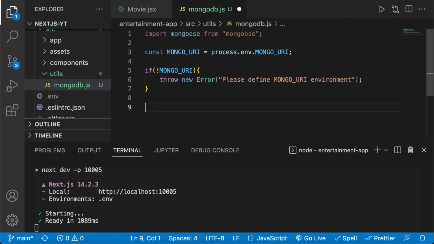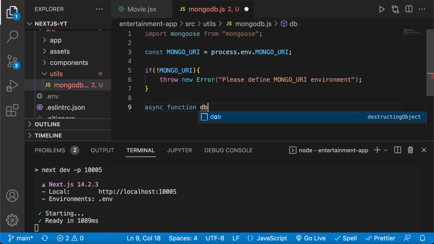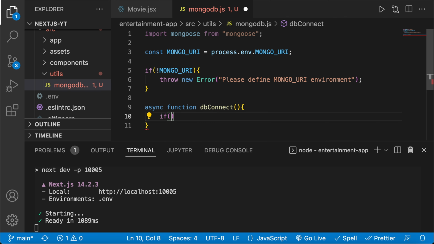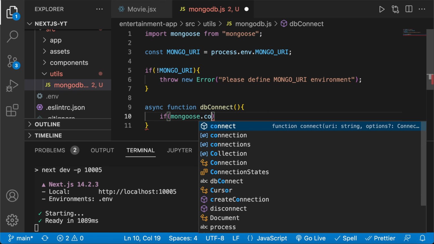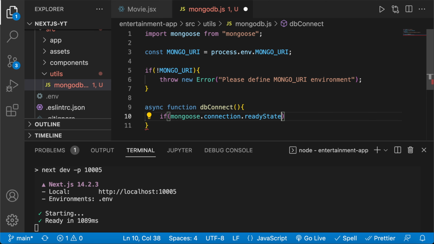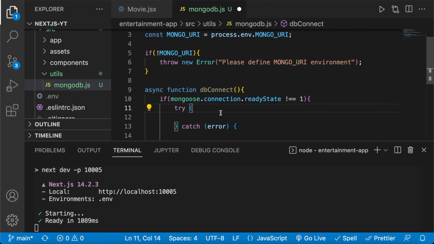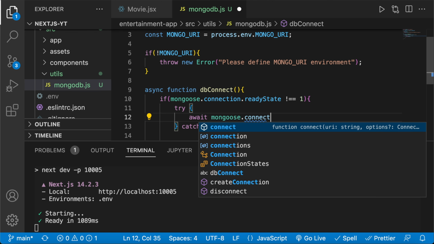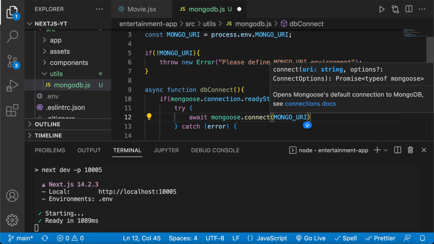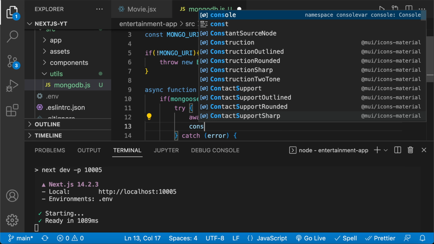And then here, now we can create the function, async function, and we're going to call it database connect. Within this, we're going to say if mongoose.connection.ready_state does not equal to 1, then let's use a try catch. So we're going to say try await mongoose.connect, and here it's going to say Mongo URI,